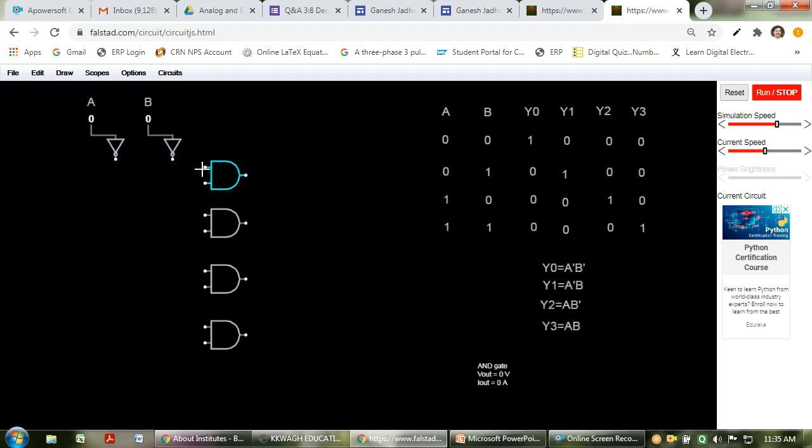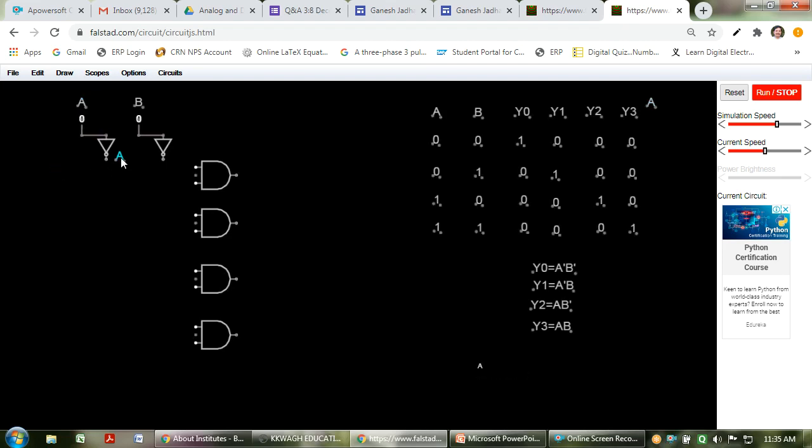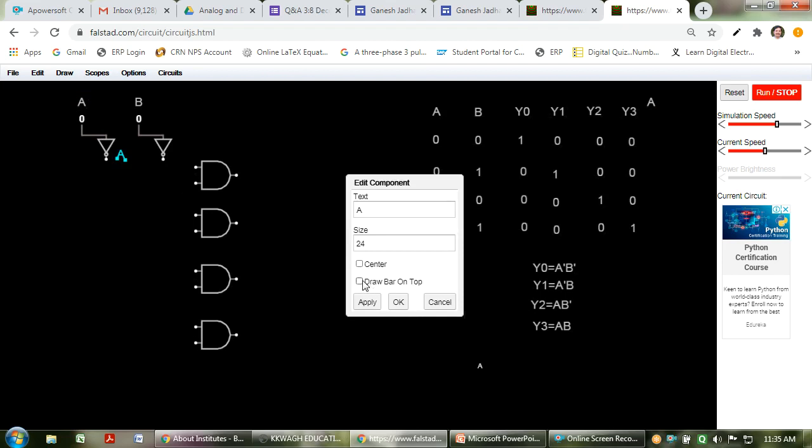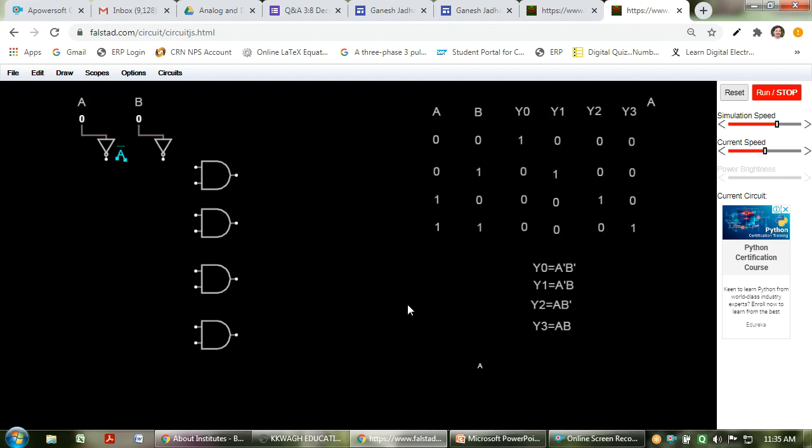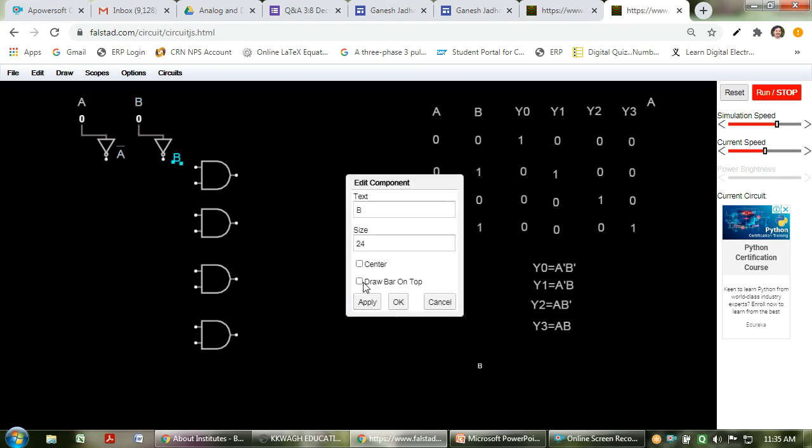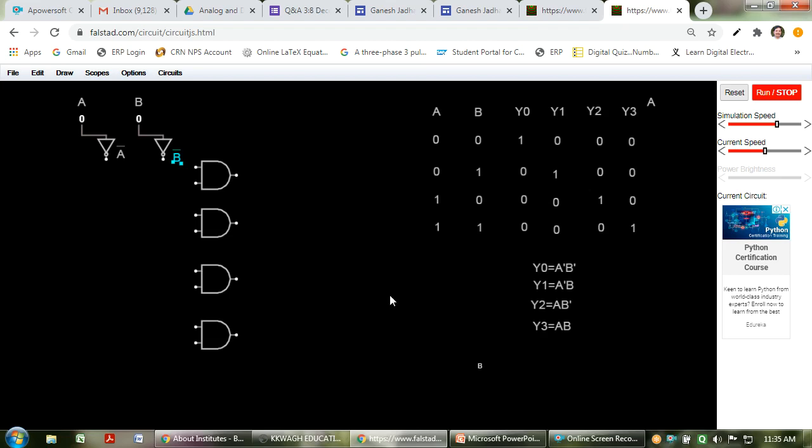Now see, if this is the A signal, what will be the signal over here? This signal is nothing but A bar. Suppose this is the B signal, what will be the signal here? It will show the bar on top, so B bar.